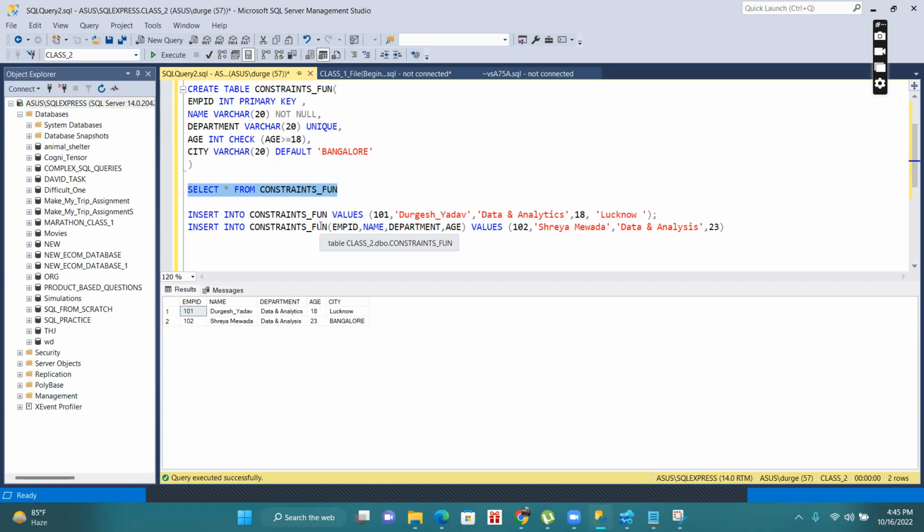When you are inserting the values directly, and you are not passing the columns, then you have to make sure you are inserting each and every column value in the same order, the order you have defined in the create table statement. Like employee ID, after that name, after that department, after that age, after that city. In this case, you have to fill each and